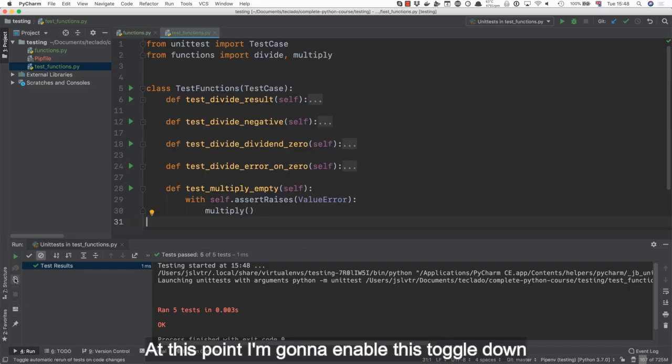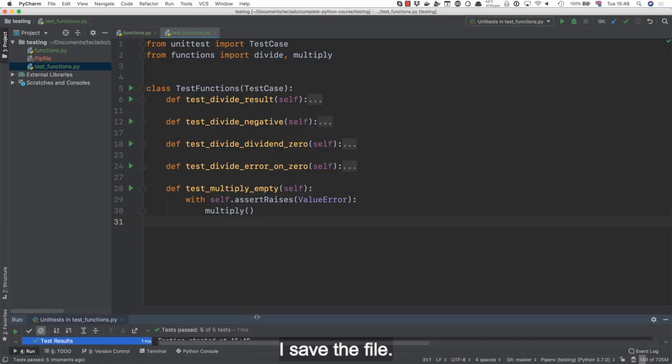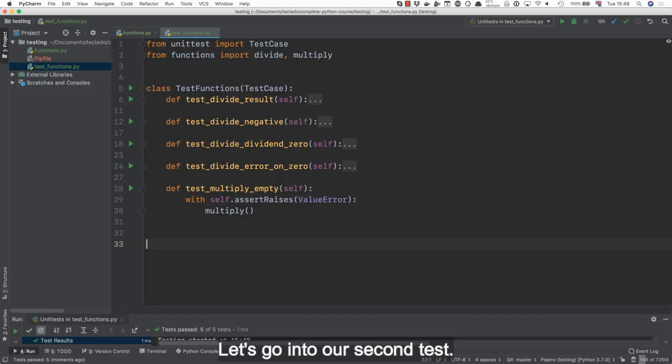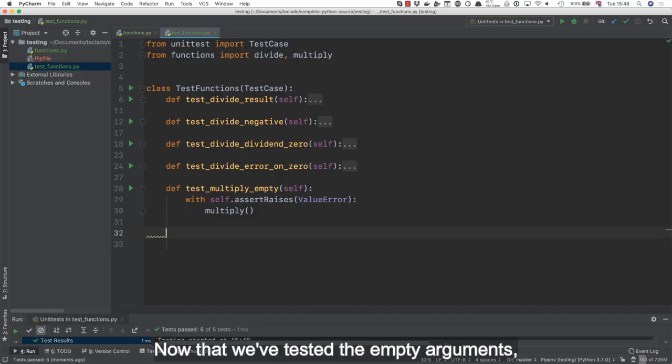At this point, I'm going to enable this toggle down on the bottom left so that this reruns every time I save the file. Let's go into our second test. Now that we've tested the empty arguments, we should also test boundaries around it, or rather the 0 argument is the boundary,